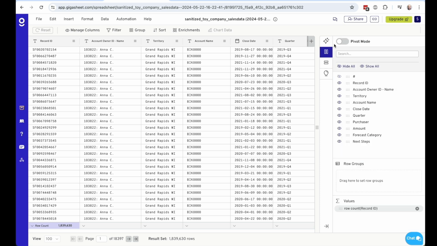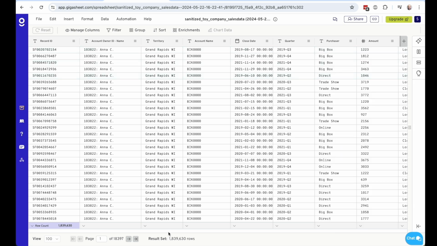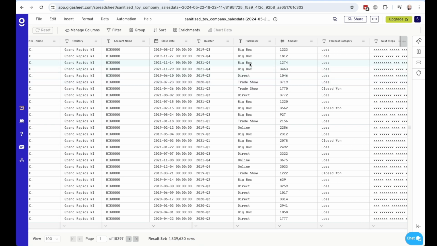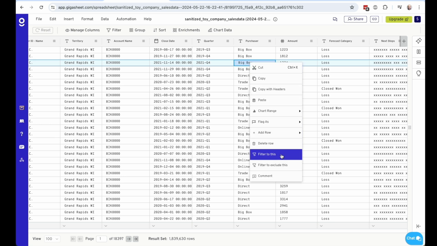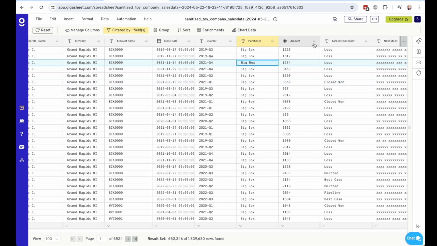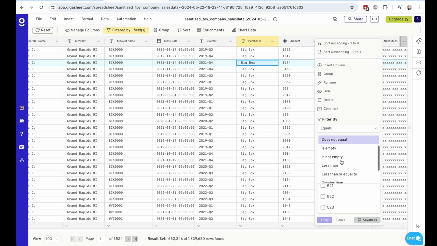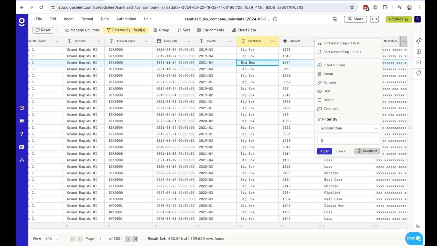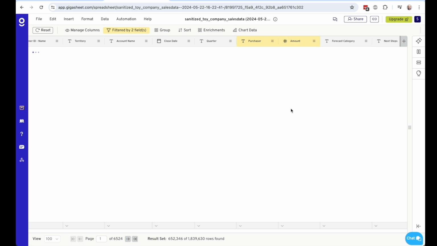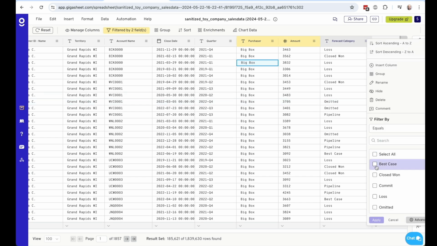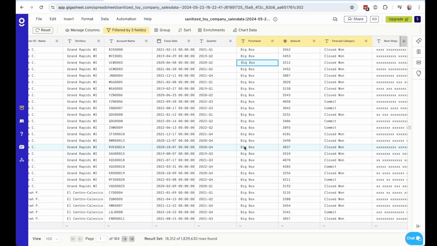So I can see that I have rows and columns, a very familiar interface for me, but at 1.8 million rows, which would not fit in Excel or Google Sheets. And I can come in here and do the kind of filters and sorts. I'll filter to big box, and maybe I want the amount to be greater than 3,000. And maybe I want forecast categories of closed won and commit, and so on. And now I'm down to 18,000 rows of the 1.8 million that had been found in the